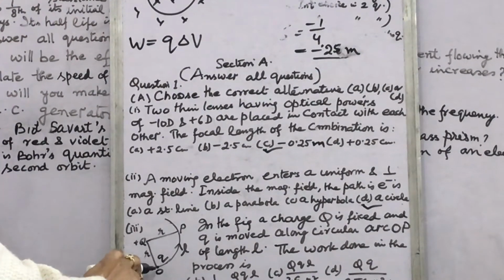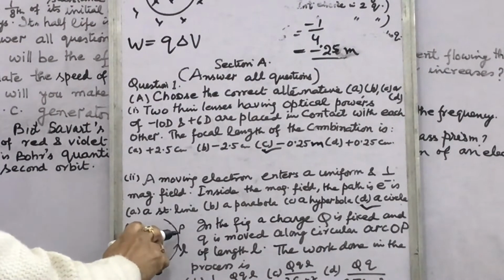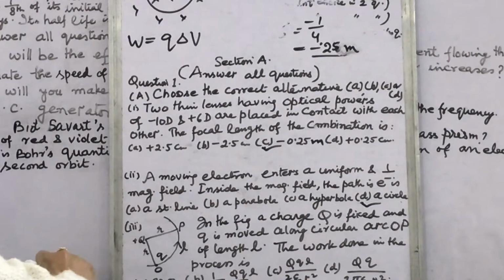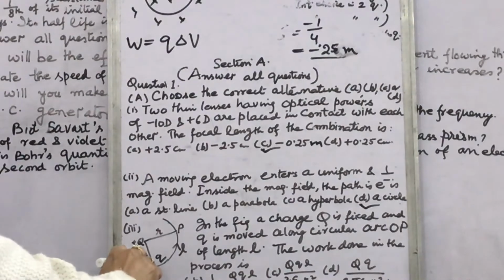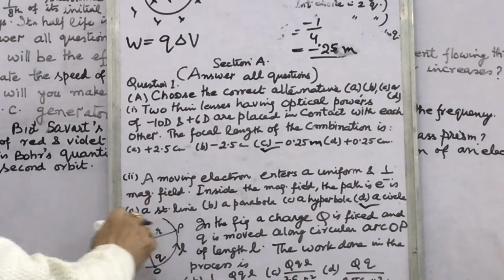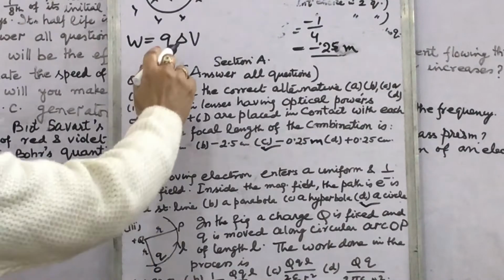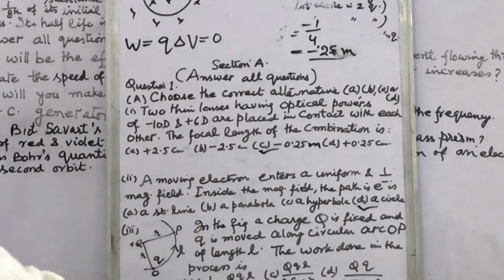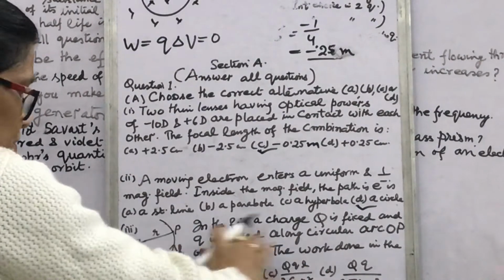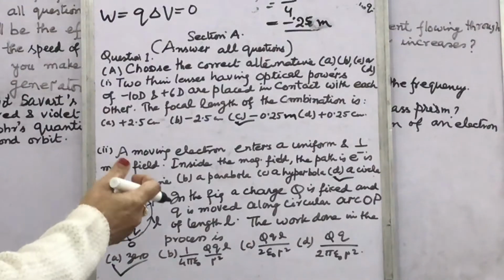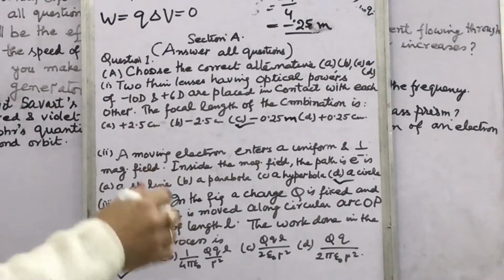The potential will be the same at the point P because the distance is the same and the charge is the same. So what will be the potential at A? The same as at the point P. So the potential difference will be 0. So what will be the work done? Work done will be 0. So out of these 4 options, this will be correct. In this way, you have to select. Let's see the next question.